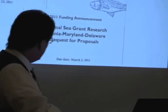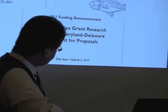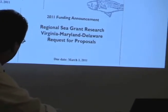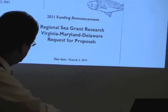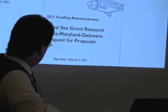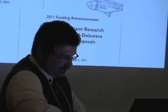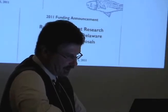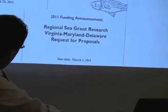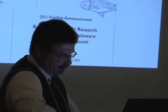Due dates, I'm not sure if you can read that from back there, but March 23rd is the due date for pre-proposals. There is the regional RFP that is typically issued at the same time. That's a Virginia, Maryland, Delaware RFP. That due date is March 3rd, coordinating proposals and projects with folks from those other states. And I will mention that the topical priority areas have not changed in this RFP from last year, and